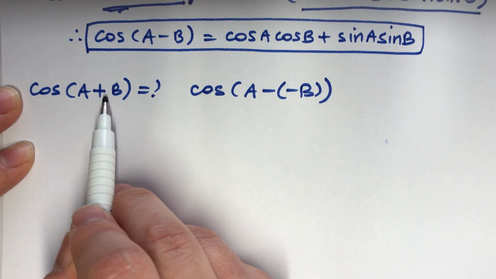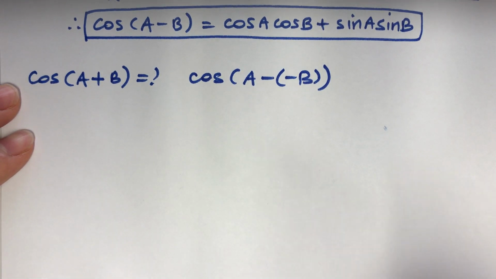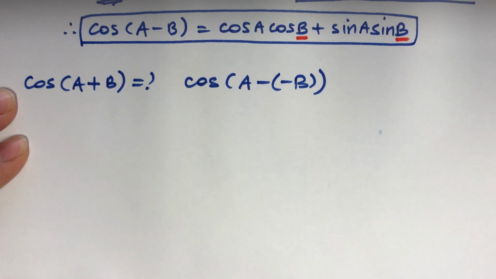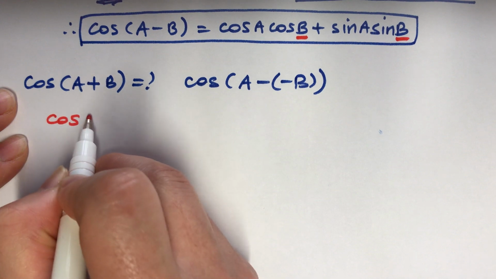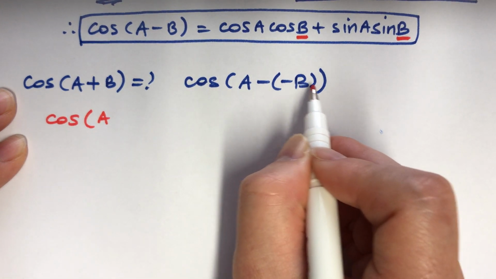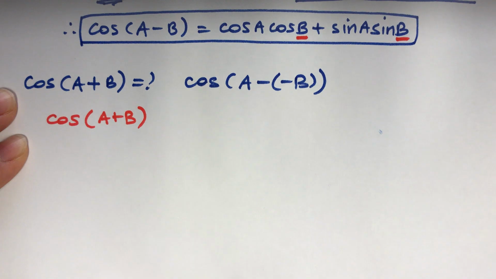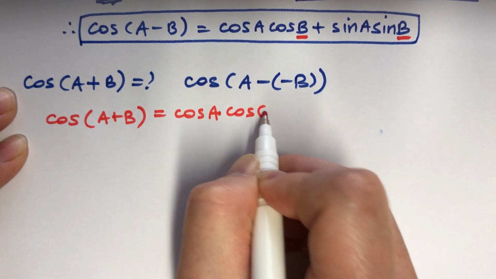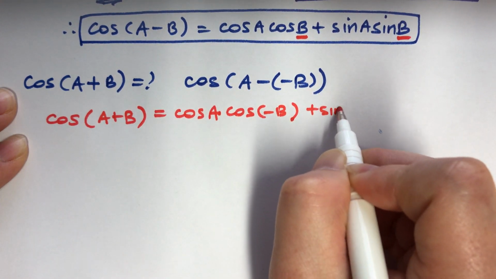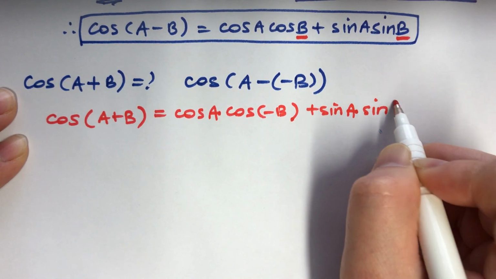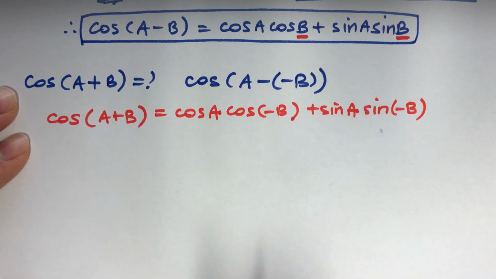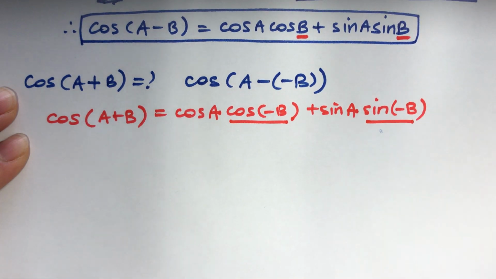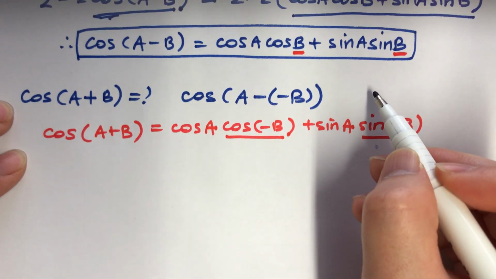That becomes A plus B. So instead of B here, I'm going to put minus B there, okay? So therefore cos(A minus B), which I can write as A plus minus B, equals cos A cos minus B plus sine A sine minus B, okay? Now this is an odd, even function, that's odd. Now what happens here, if you just look at the